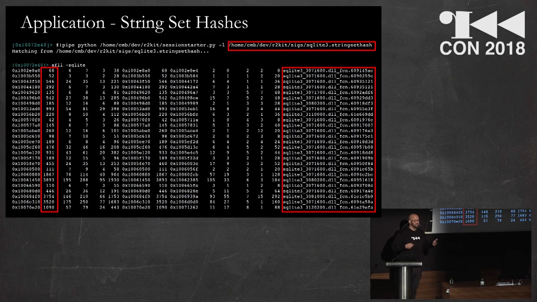And so it was a much larger payload. Whenever I loaded that up and used the string set hashes I had built, you can see all of the SQLite library code that I matched up, again, down to the version number. The way I'm doing this is whenever I start generating signatures, I start from the oldest version and move forward. So if a function hasn't changed across versions, the signature you'll see will be for the oldest version where that exists. I was able to match a ton of different functions that were going to end up being library code anyway,